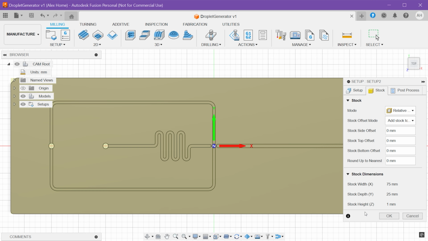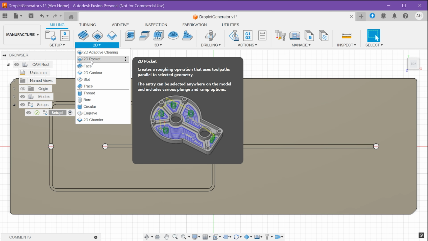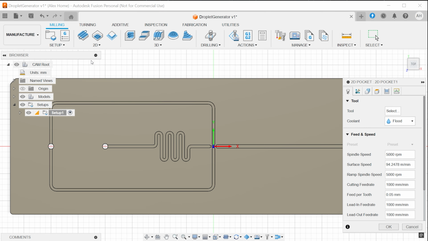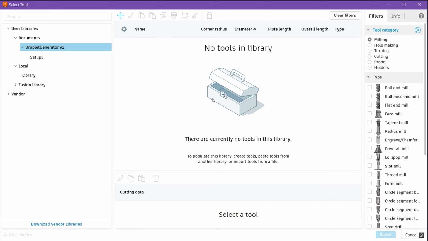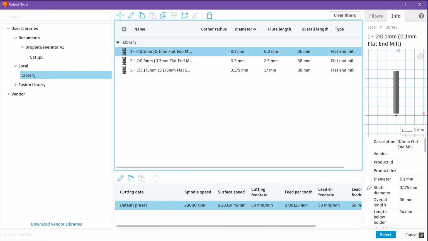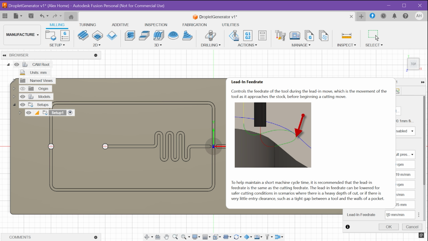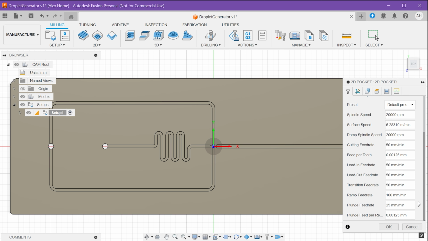I'm going to start by configuring the features I want to machine using my 100 micron tool. In this case, it's going to be the 2D pocket for the cross-junction consisting of the 200 micron width channels and the 100 micron nozzle. I'm going to select my 100 micron tool, which I've previously configured in my tool library. And if needed, there's a quick walkthrough on how to add a tool to my library at the end of the video. Fusion is nice as it always has these reminders on each of these configuration settings